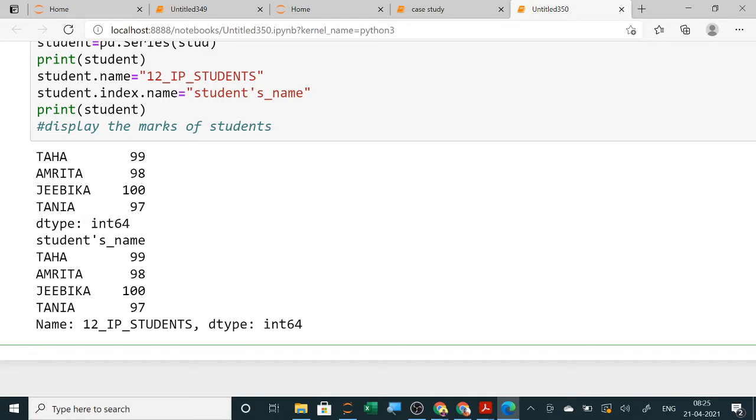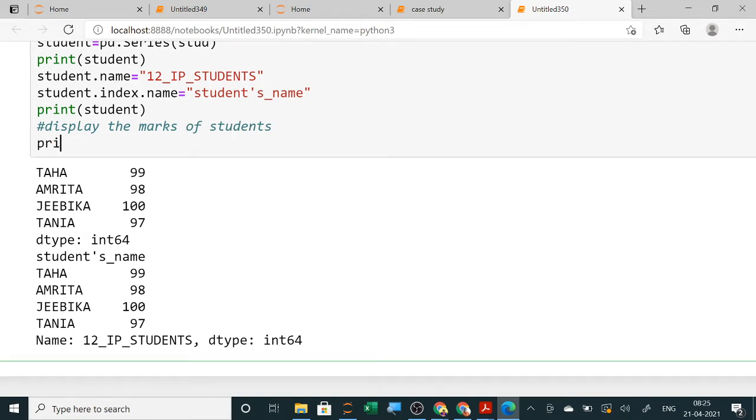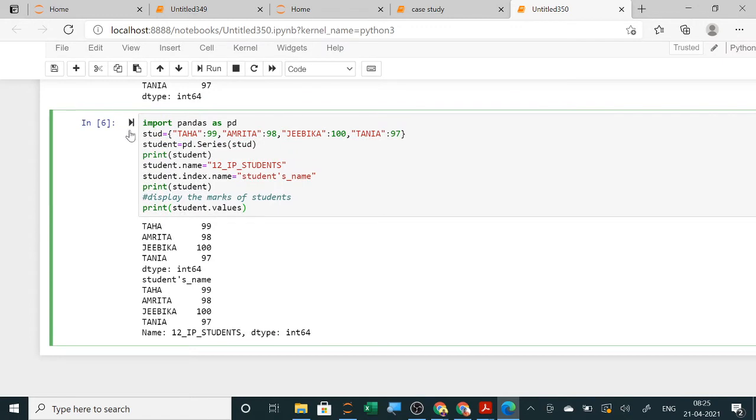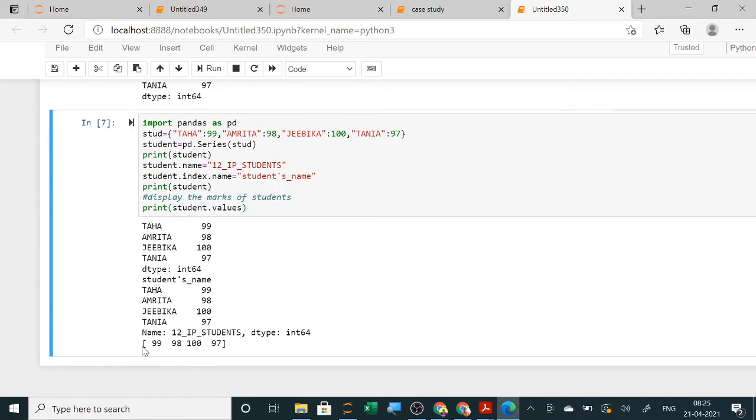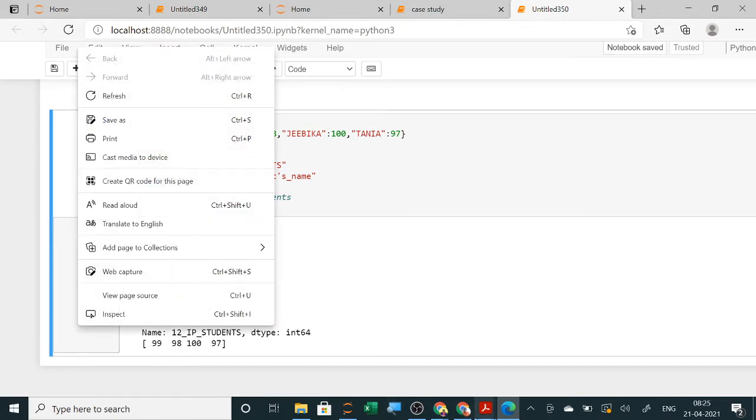Now I am using print, and then I am displaying only the marks. For this I will use dot values. Now when you run this, you will see it displays only the marks; here you can see all 4 marks it has displayed. So values is used to display the values.